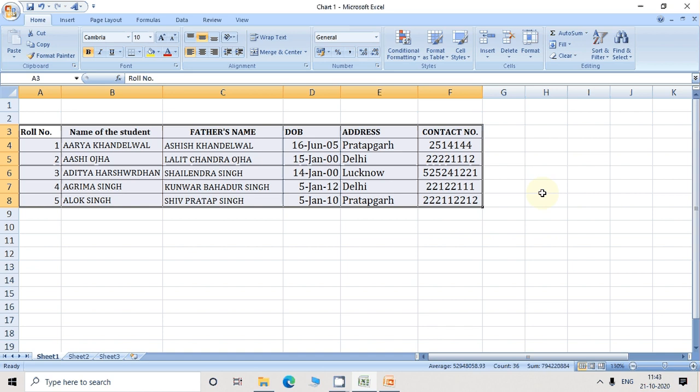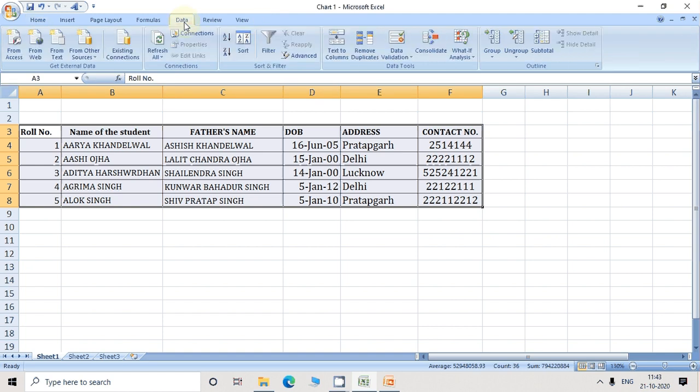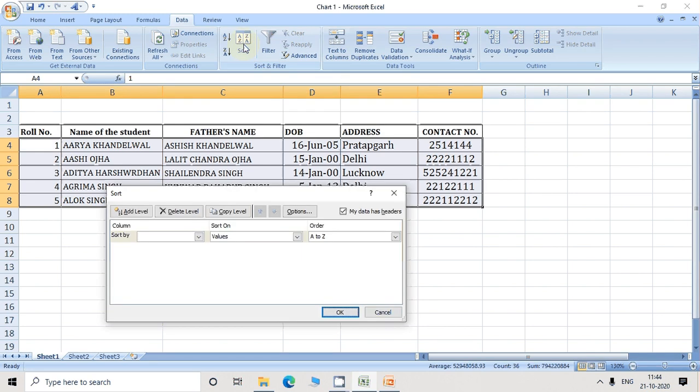So where is the Data tab? This is the Data tab. Select the Data tab and then click on the Sort button in the Sort and Filter group. So here is the Sort and Filter group. You click on the Sort button.